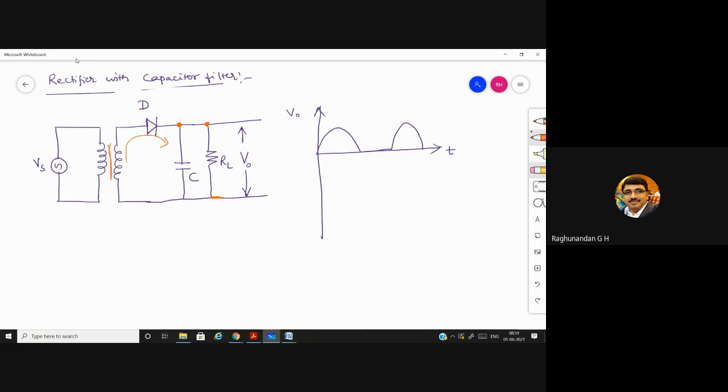Anybody? If you combine them, does it have any effect on the circuit? Yes, same. Why same? Because they are connected parallelly, right, sir? Parallelly fine, but I'm asking about the junction. It's nothing but the two points are shorted. Yes, very good. See here, these two points are shorted.